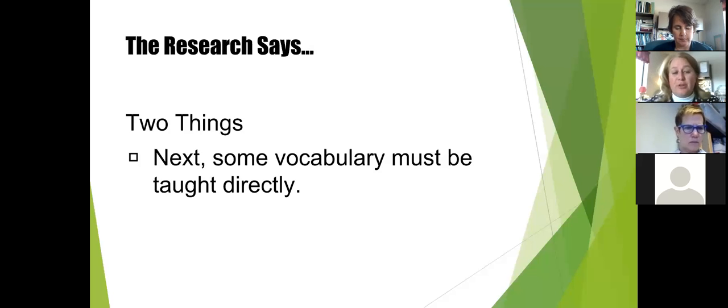So direct instruction includes providing students with specific word instruction and teaching students word learning strategies. Teaching specific words before reading helps both vocabulary learning and reading comprehension. Before students read a text, it is helpful to teach them specific words they'll see in the text. But remember, if a word is defined in context, you don't need to spend time pre-teaching it.